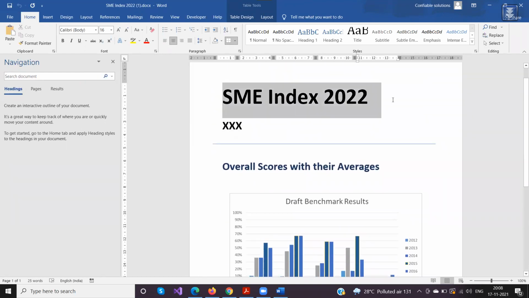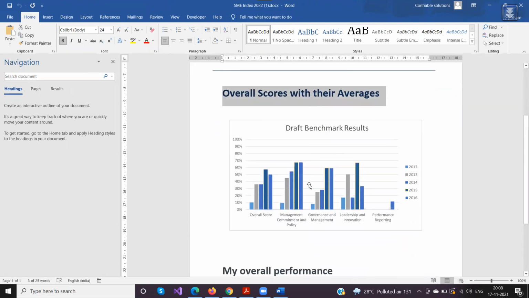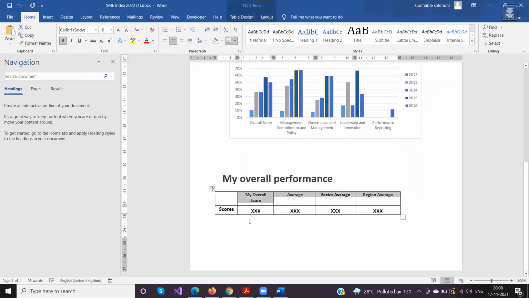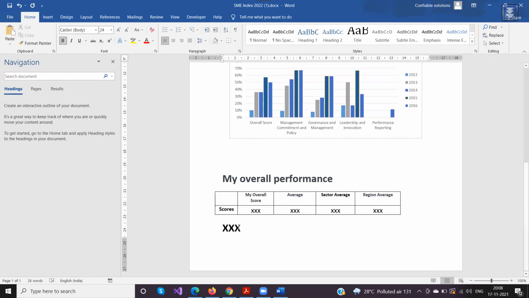This part is static, this is static, the headers are static, and then this is the dynamic data. Now how can you get these placeholders? Just to demonstrate one, I've created this XXX. On Word, there is a developer tab, or developer menu, here.